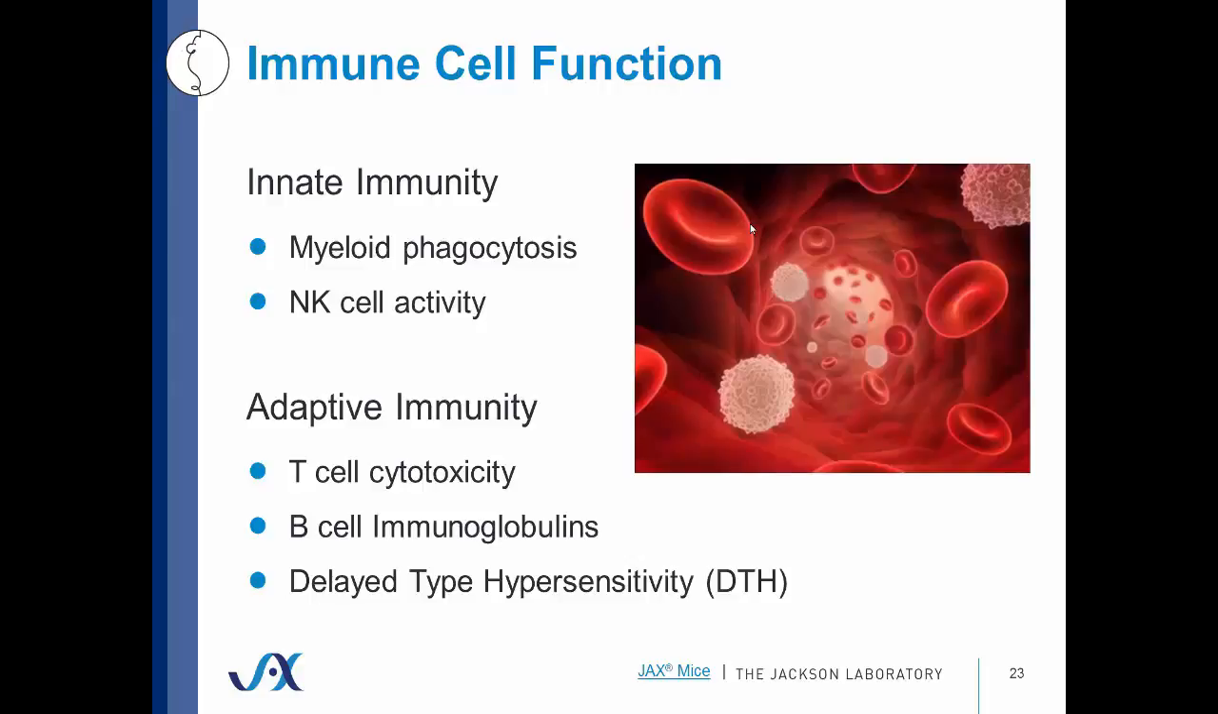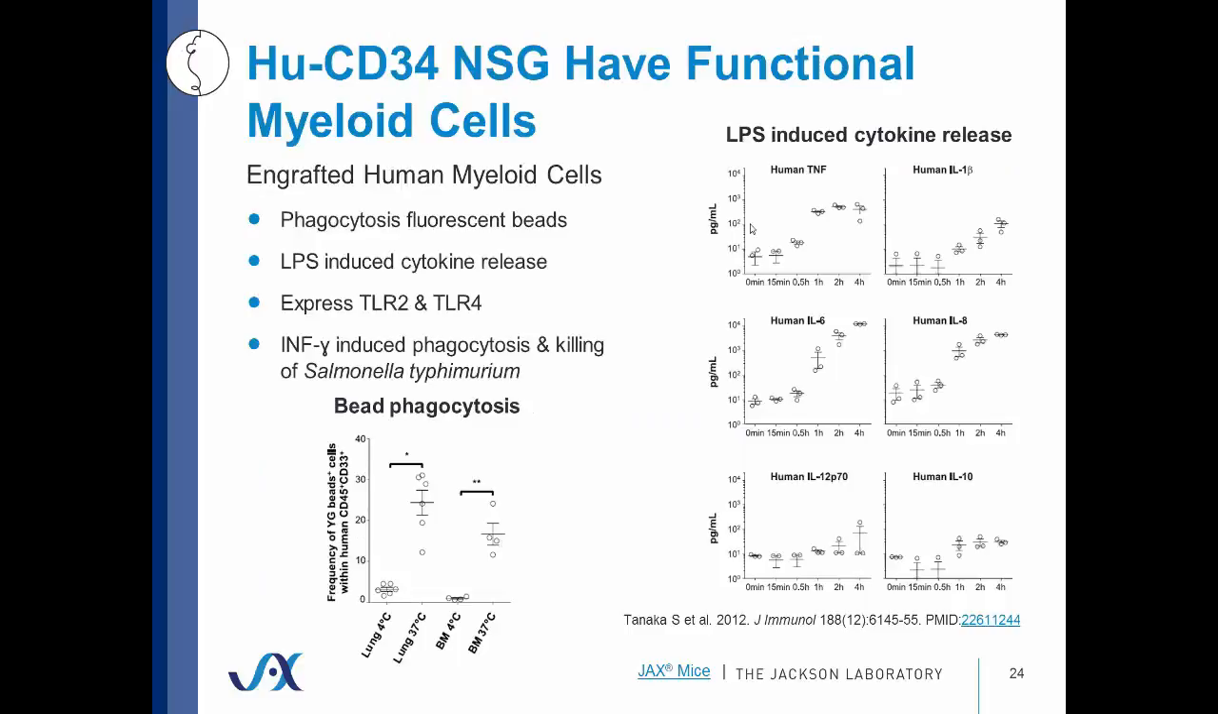So first, let's take a look at humanized NSG. This would be the CD34 engrafted NSG mice, and whether they have functional myeloid cells. Following engraftment of these mice, if you pull the myeloid cells from the lung or the bone marrow and ask whether they are functional by exposing them in liquid culture to fluorescent beads, and you compare these cells from the lung or the bone marrow, either incubated at 4 degrees C or 37 degrees C,